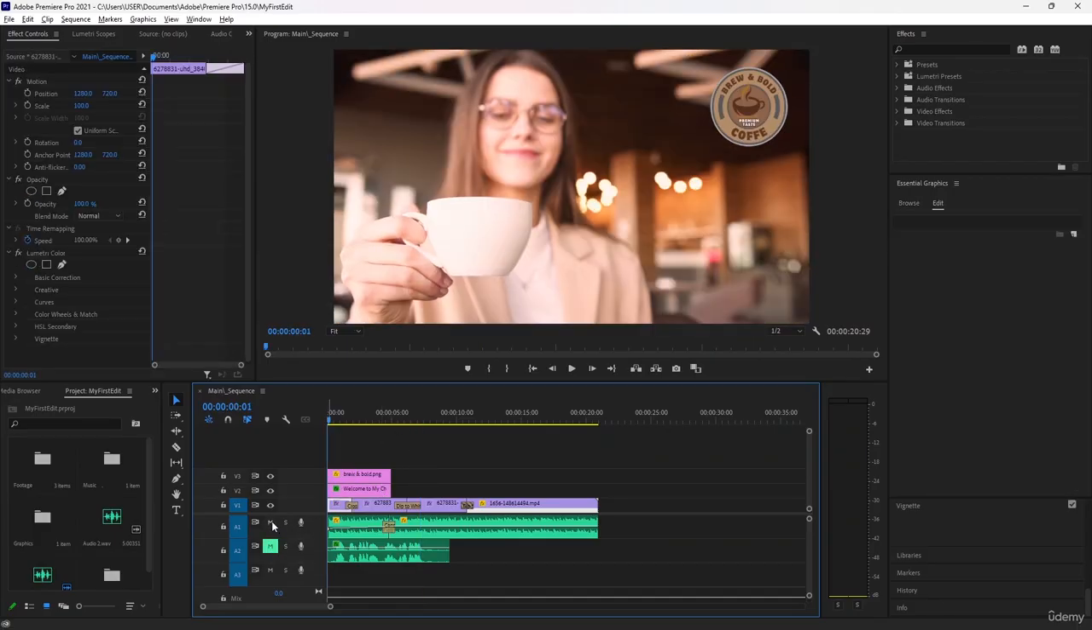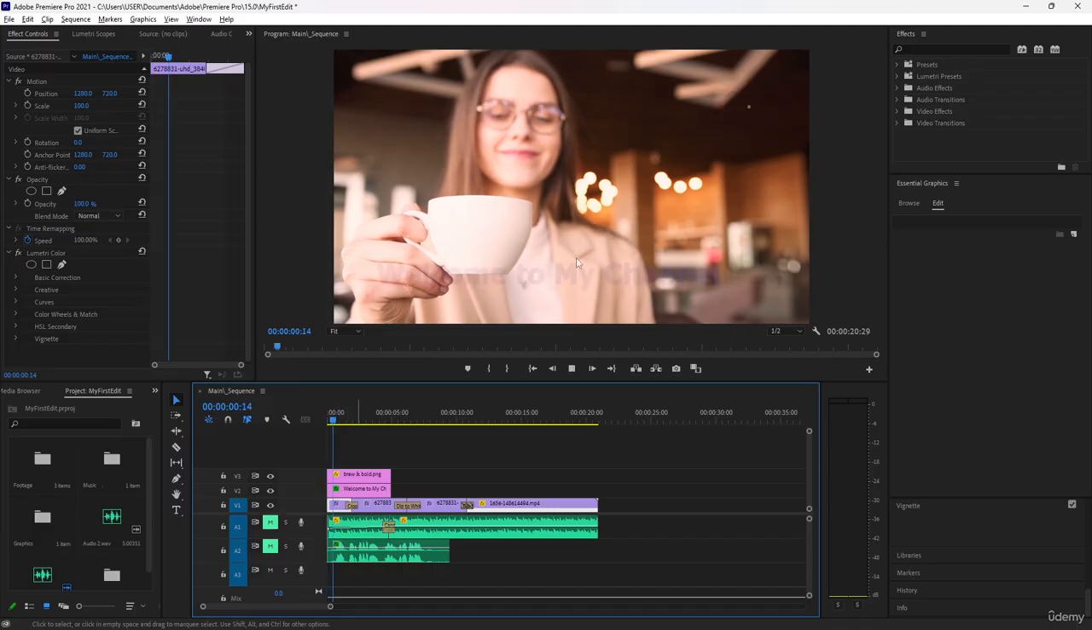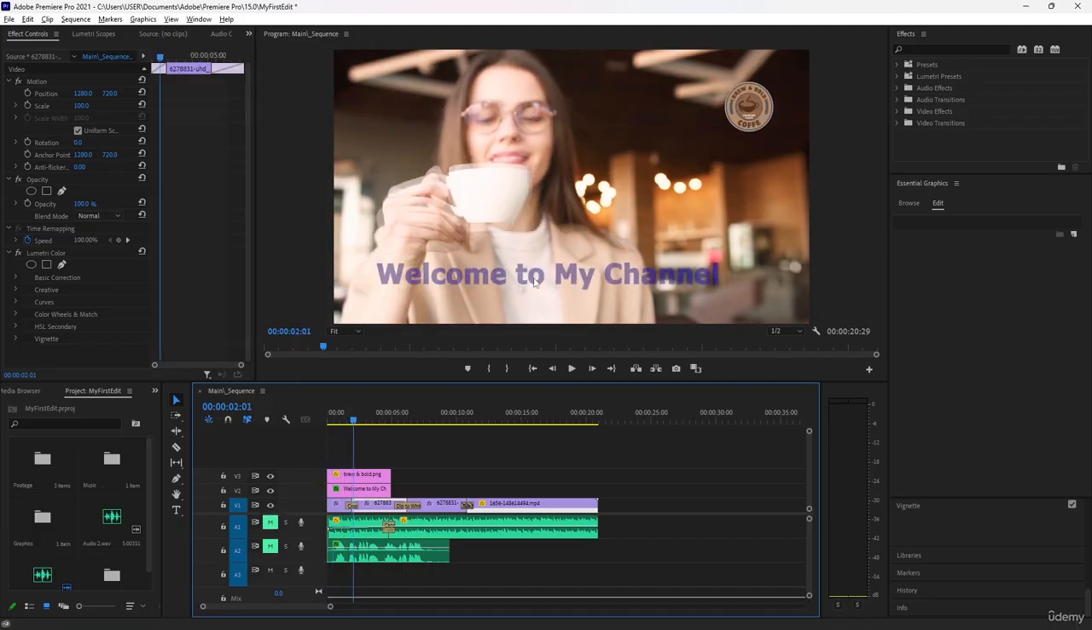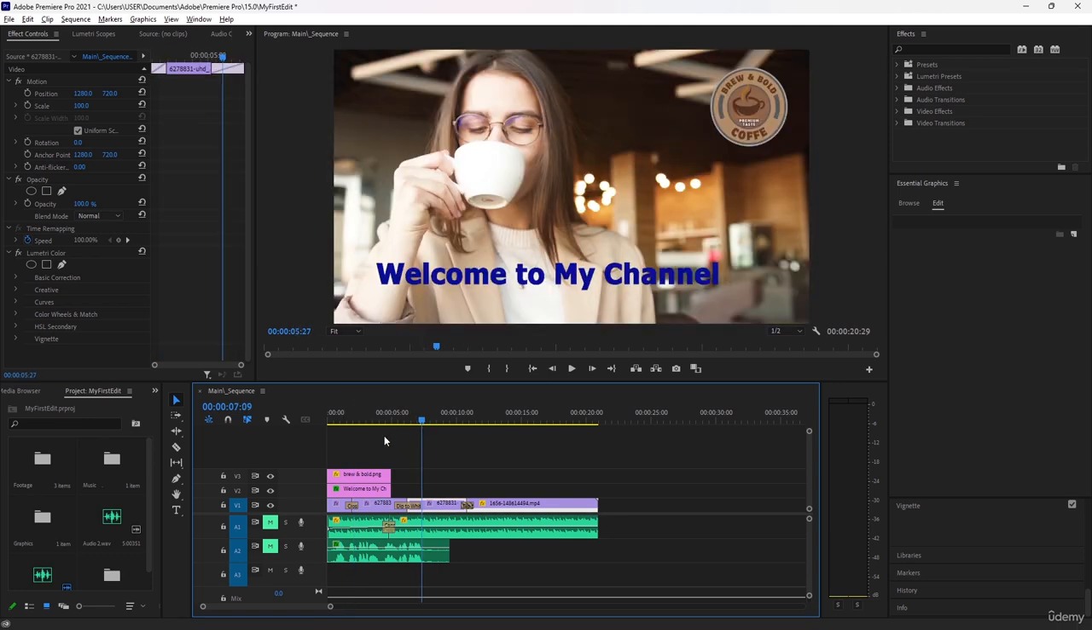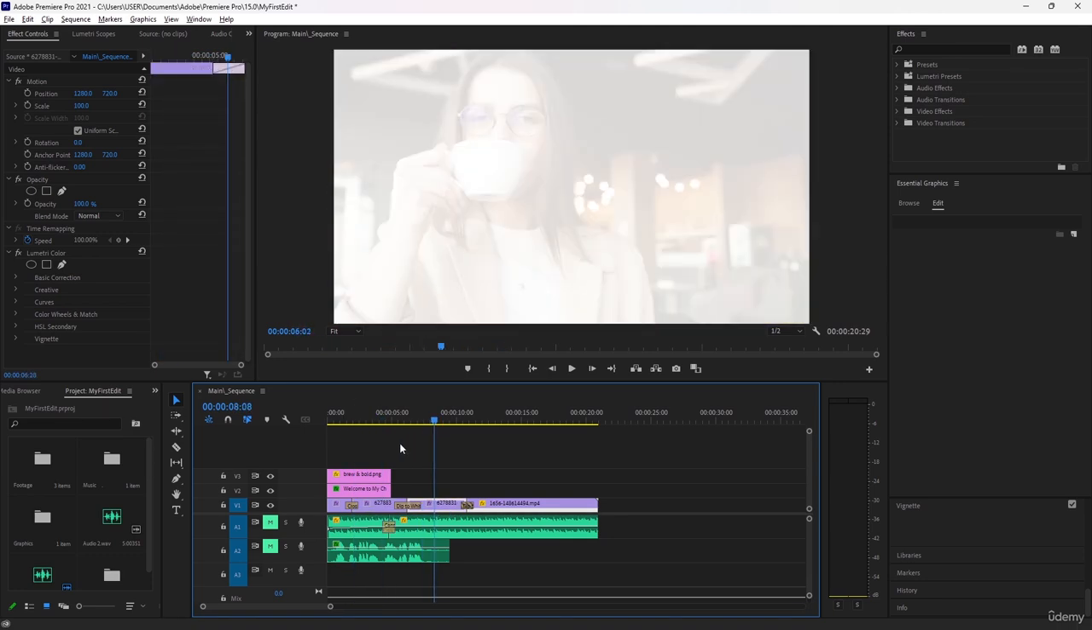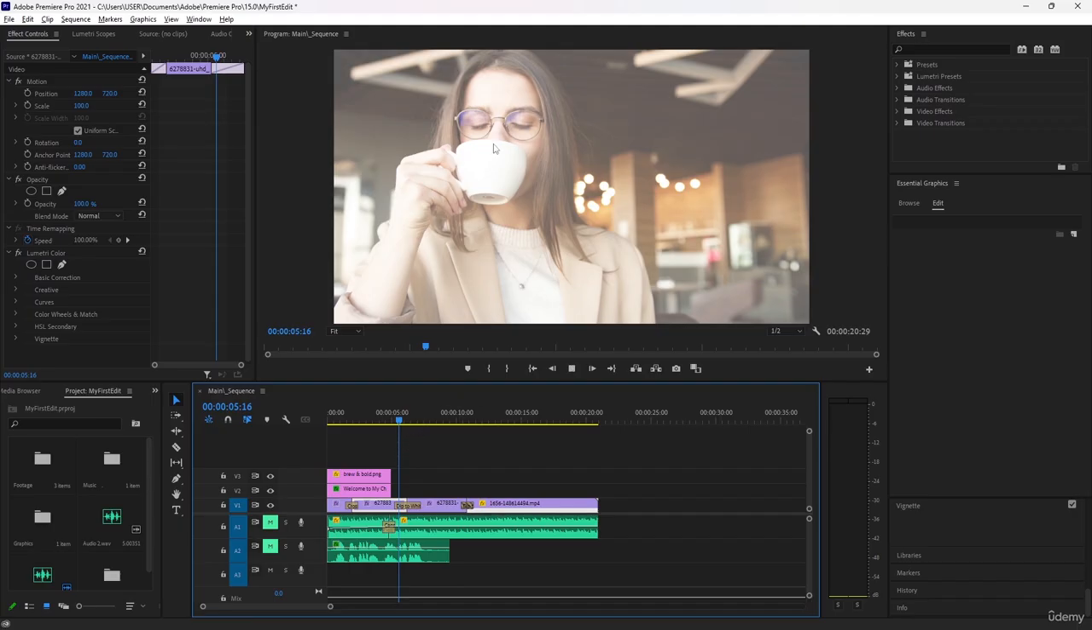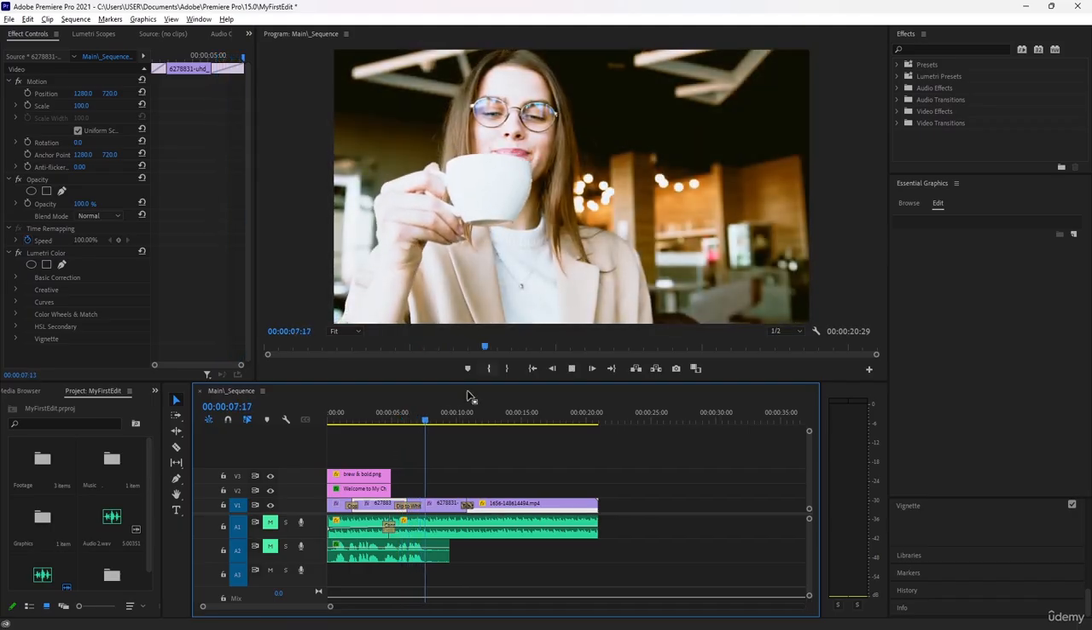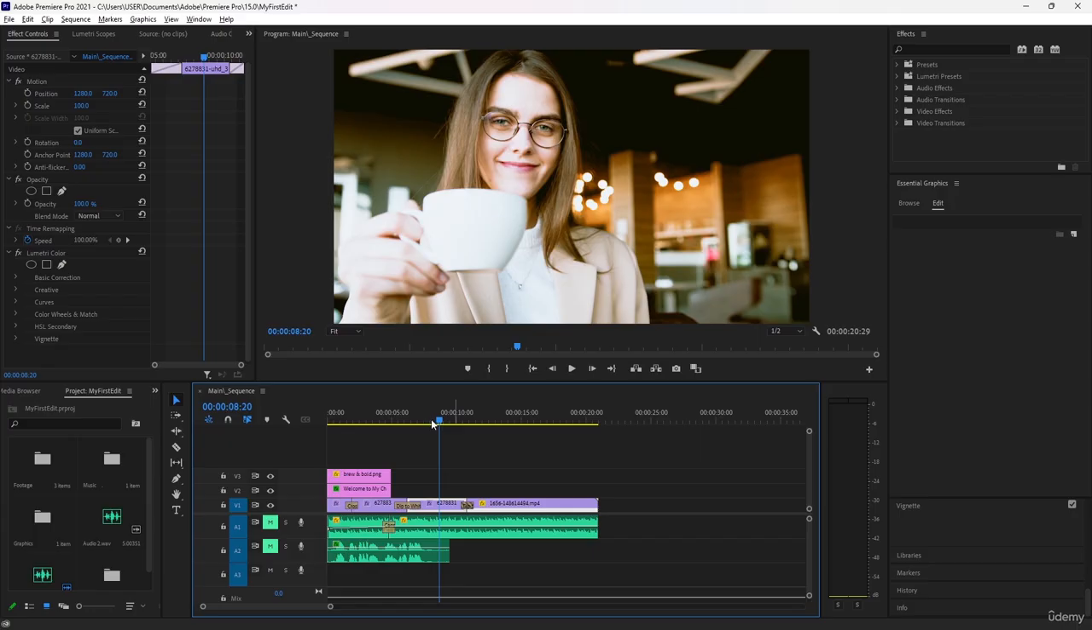So let's play it, and we have this text or graphics in there. Okay, and another one is the color corrections. Okay, so here we have different color corrections in there. So like here, this is a simple example we have used with the color corrections,